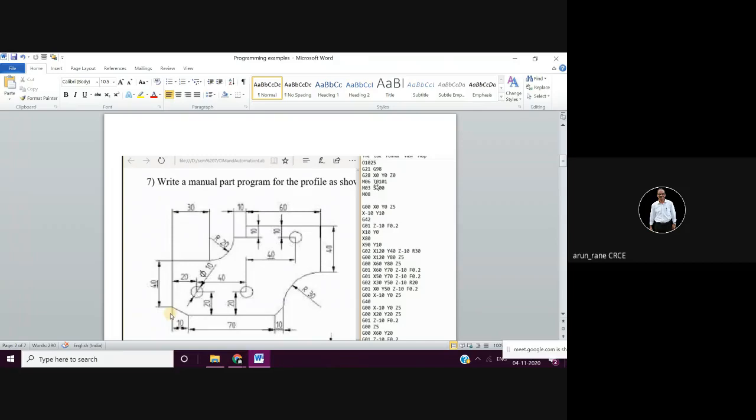So for one tool, you can have an infinite number of offsets. You can write the offset for tool number 1 in D01, in D02, D03. But the offset for tool number 1 is mentioned in D01, and the offset for tool number 2 is mentioned in D02, so that there is no mistake.